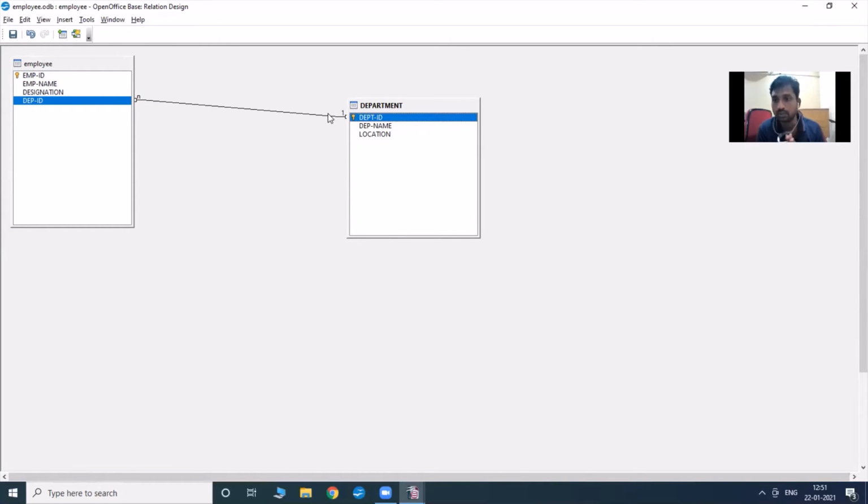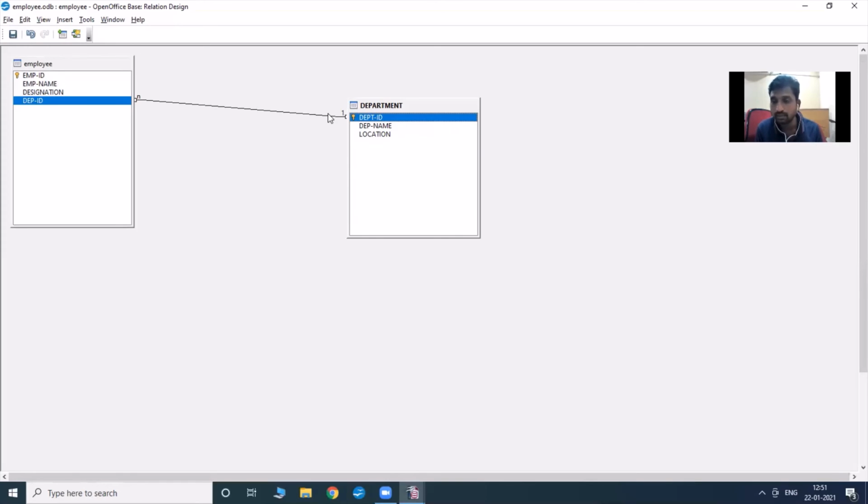Relationship plays an important role in a database. A relationship is nothing but linking two or more tables to retrieve the data from the two tables. Suppose I need the details of an employee: the employee name, designation, department name and location. Employee name and designation are in one table, and department name and location are in another table. If you don't have the relationship, you can't get the data. Again, you would have to create a new table. Instead of creating a new table, if you join the tables, if you create a link between the tables, you can get the data. So it avoids duplication, it reduces errors, and it avoids writing the same data again and again. That is the reason we are creating the relationships.